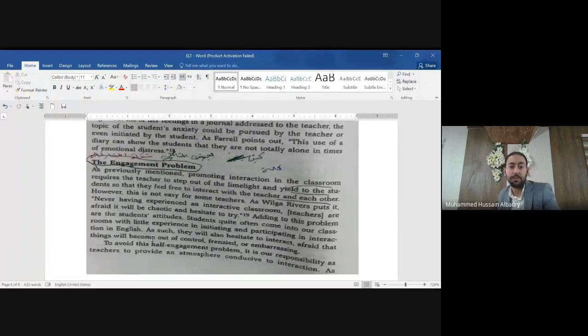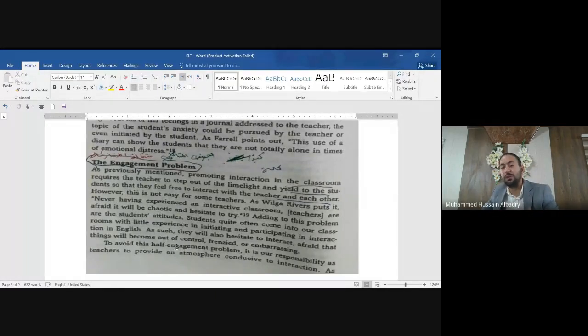As such, they will also be hesitant to interact. Afraid things will become out of control, frenzied, or embarrassing. Okay, some of them think that they are embarrassed if they participate. You see, they don't want to engage.